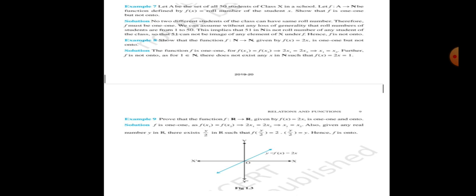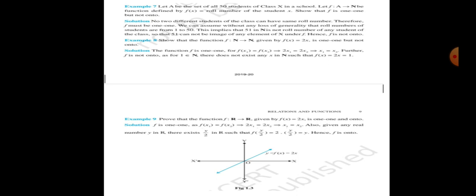As you can see, the function is defined as f of x equals 2x. If the function is 1-1, then for f of x1 equals f of x2, we will get x1 equals x2. And you all know f of x1 will be 2x1 and f of x2 will be 2x2. If they both are equal, 2 and 2 will be cancelled out. We will get x1 equals x2. We took the images of two elements to be equal and we proved that the two elements are equal.